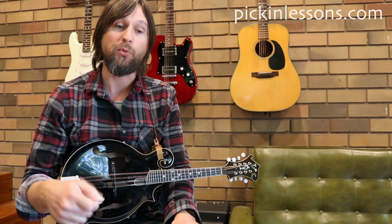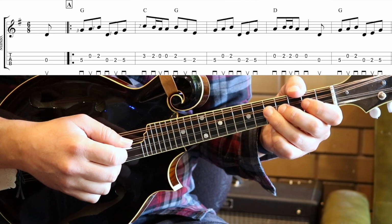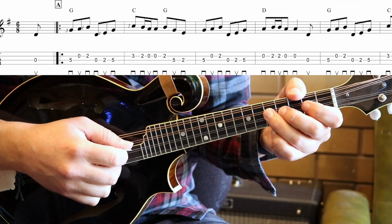Okay, let's start with part A nice and slow, then we'll break it down to a couple of exercises looking at your right hand and looking at the different rhythms we need for this 6/8 jig. Part A, once through. 1 and 2 and